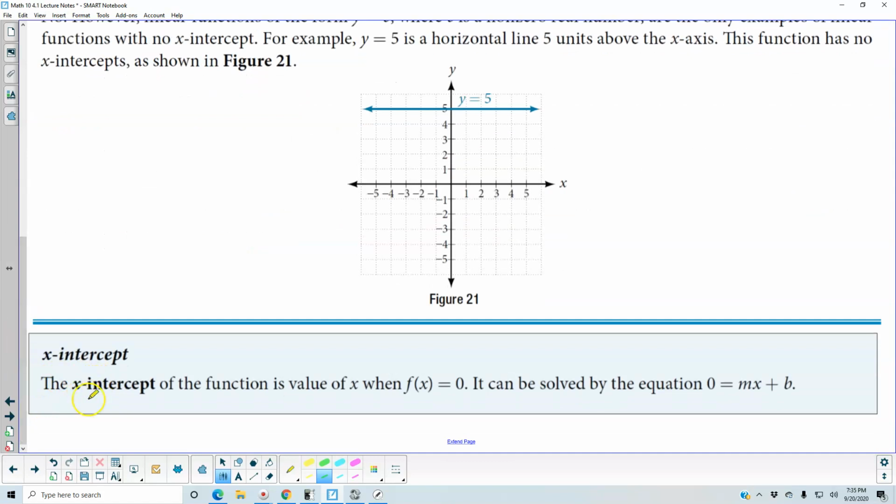So the x-intercept of the function is the value of x when f of x is equal to 0. And it can be found by solving the equation 0 equals mx plus